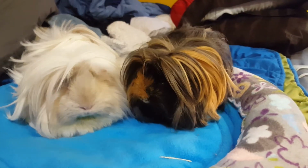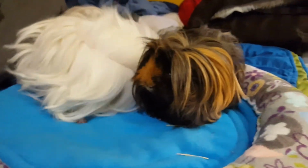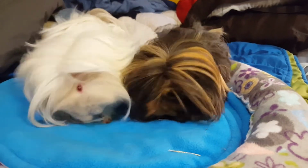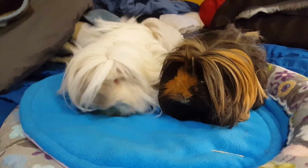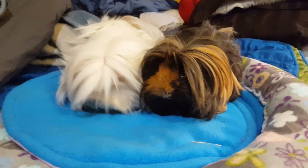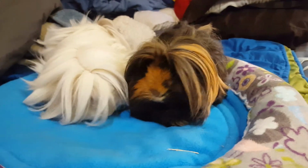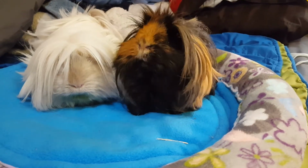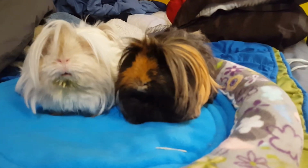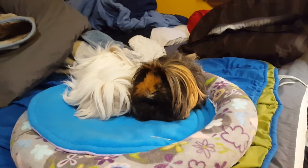So what we did is, when I bought Lily, I took her home, and I only introduced her right away to just Daisy. And they got on perfectly. Daisy was so happy. They started popcorning. They had friends, so then they were both in the 2x2, which at that point was too small for two bigs. I remember I used to have to change the fleece all the time because it would get wet fast because of all the pee. So we kept them together I think for at least a month, just them two, before we introduced them to Trixie and Abby. So yeah, we kept them together for a while because we had to move the whole room